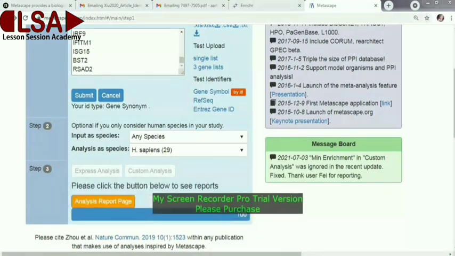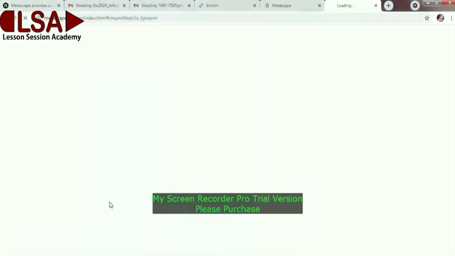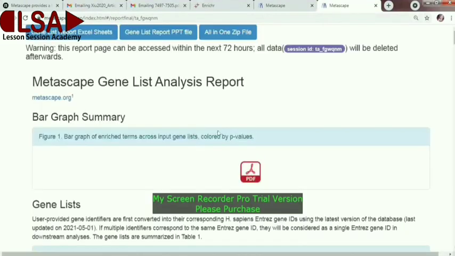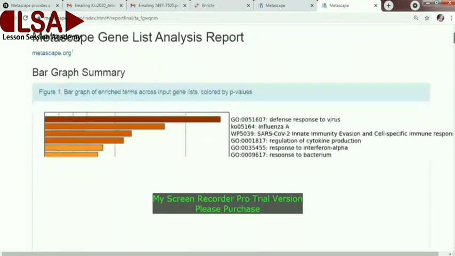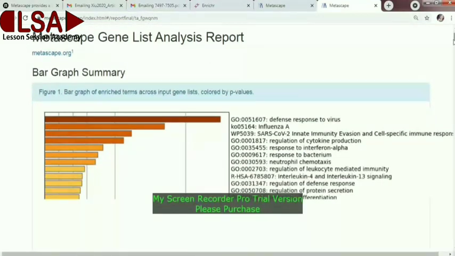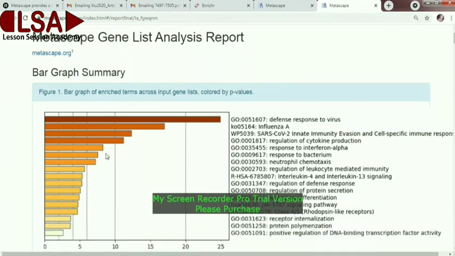So here you have an analysis report page, and after I click on this analysis report page, I go through these analyses, these outputs. Here you can see the bar graph with enriched terms, gene list, colored p-value. These colors mean the different p-values, which we also saw in the custom analysis.